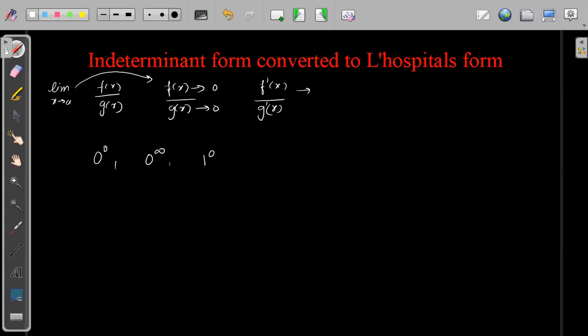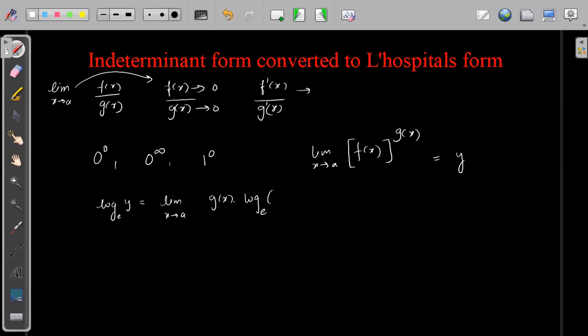So for limits of the form limit x tending to a, f of x to the power g of x, we have already seen that we can solve these kinds of limits by taking natural log on both sides. Suppose this is equal to y, so we'll take a natural log on both sides. So this will become log base e y is equal to, limit of x tending to a, g of x into log base e f of x,